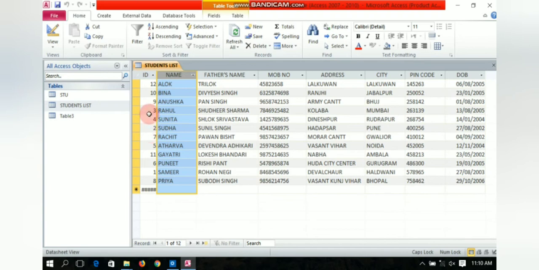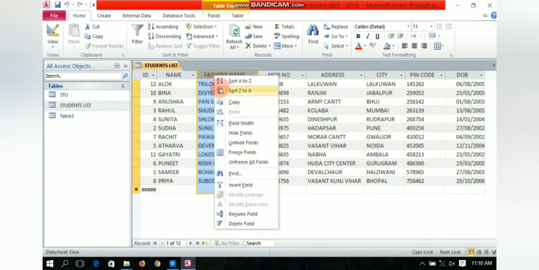To freeze any column, you just have to click on the field name, and the whole column is selected, and right click and you will get freeze fields, okay?